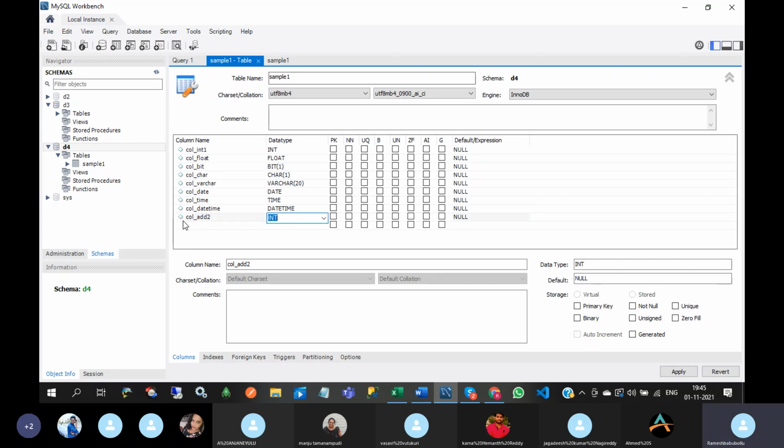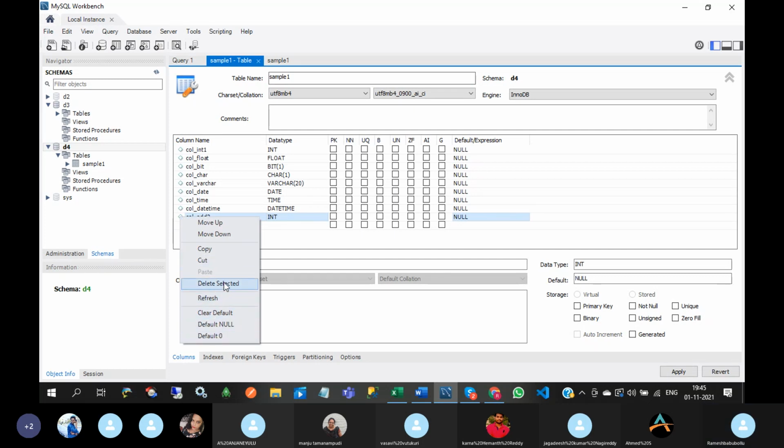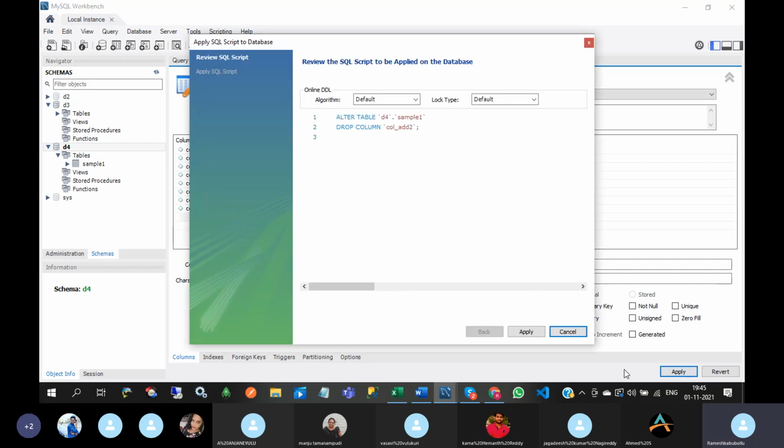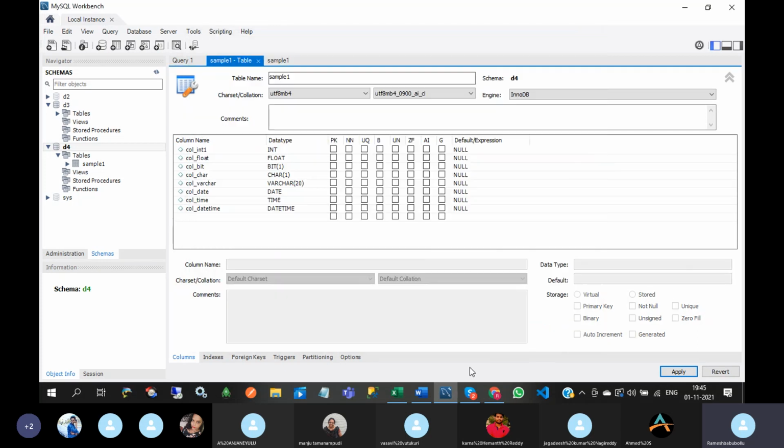Suppose you want to delete, click here, right click, delete selected. See here, the drop column query will be there. Apply button. Now this column was deleted.